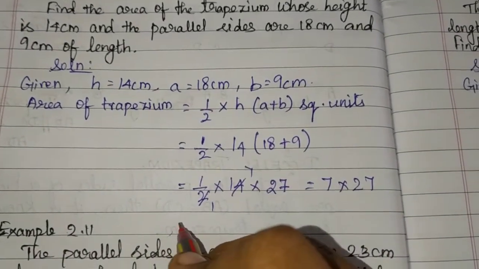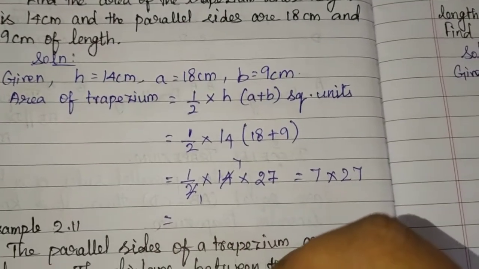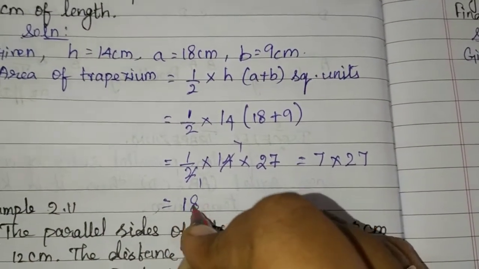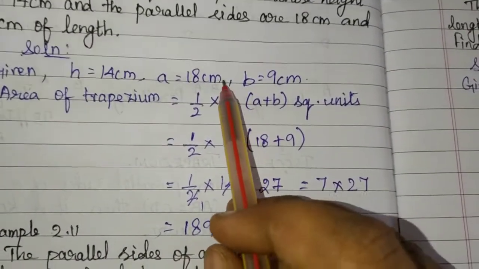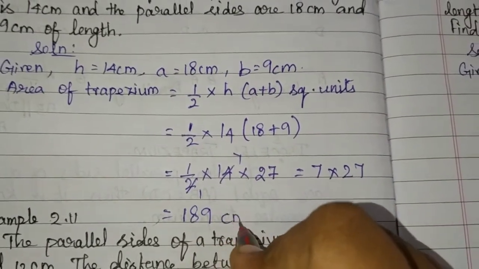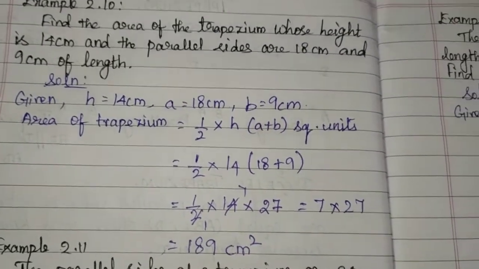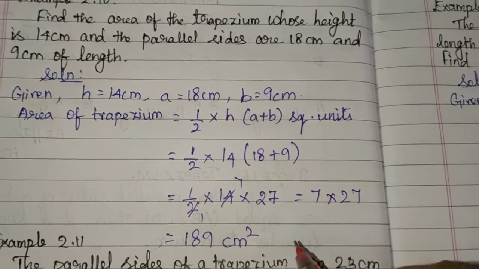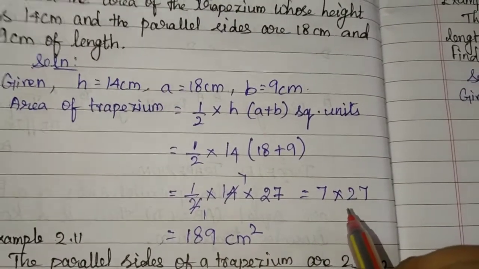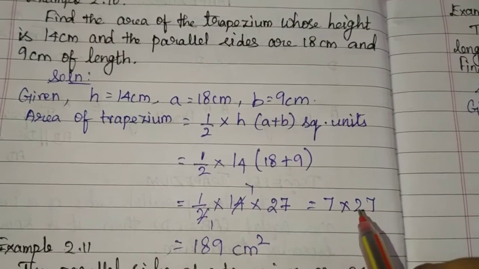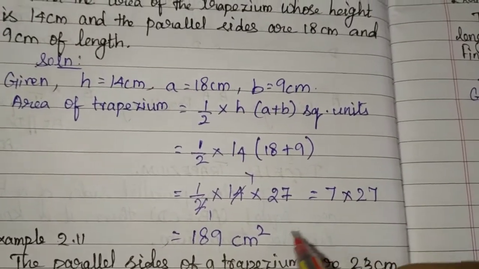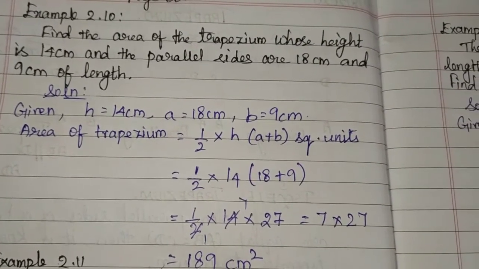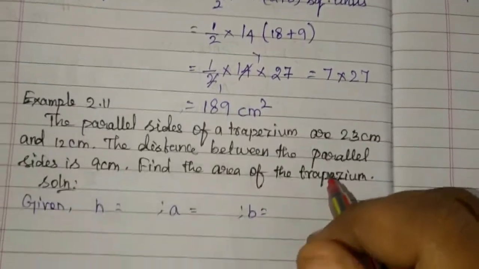Open your mouth and say the answer to me children. What is 7 into 27? So 7 into 27 is 189. Okay, everything is in centimeter, so we have to give the centimeter square. Have you clear children? Okay, 7 into 27 is 189 centimeter square. You do the multiplication. I know it very clearly, so I can give the answer here. When you are writing, you just multiply the 7 into 27, you will get the same answer. Have you clear children? Very much simple sum. Okay, move on to the next one.